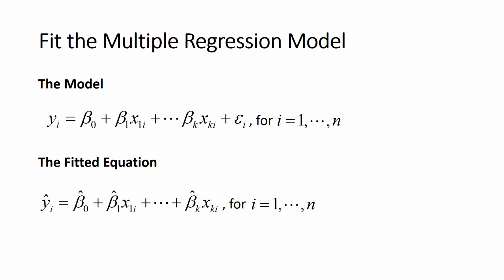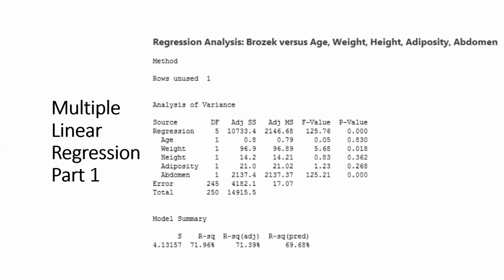There's still n observations in the data set that will be used as a basis for this calculation. So once again, I'll go on a tour of the output, but now the Minitab output is too big to fit on one page. So there's going to be 2 pages, 2 screens of output here. So this is what it looks like at the top. You might see some things that look familiar, some of which we haven't yet talked about.